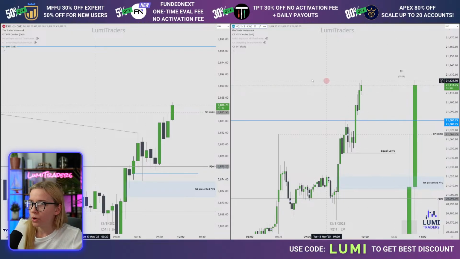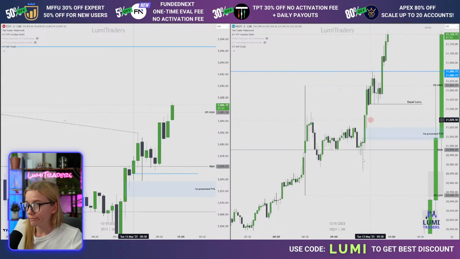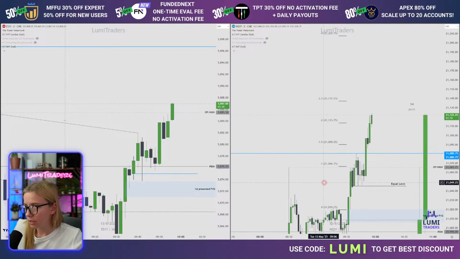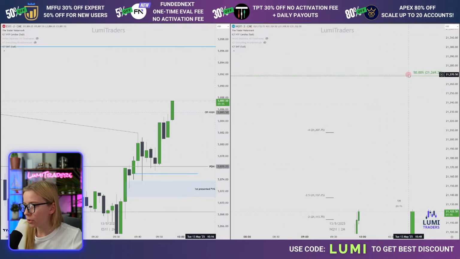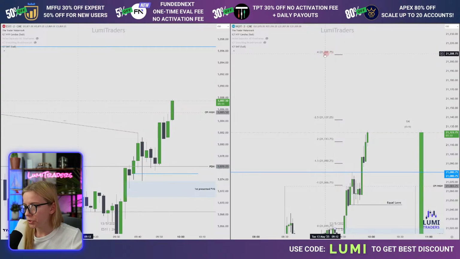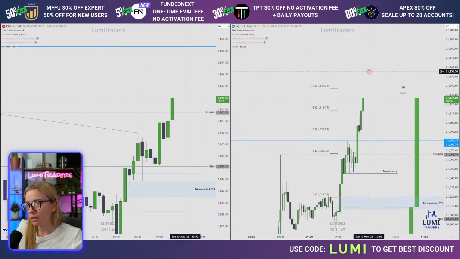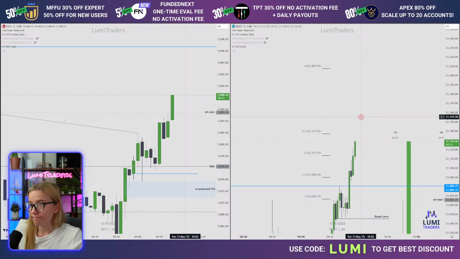I believe ES needs to go higher to take this breaker block. That's why we keep pushing on NQ. We can pull projections on NQ because we don't really have an obvious target this way, only 50% of daily week. And we have forced deviation at 207, and right now we're in the range between 2 and 2.5. Oh, thank you guys. 130. Oh, look at this, 139 lines up with 2.5 right here. But since it is still 11 points away from a weekly breaker block, it can easily go higher.